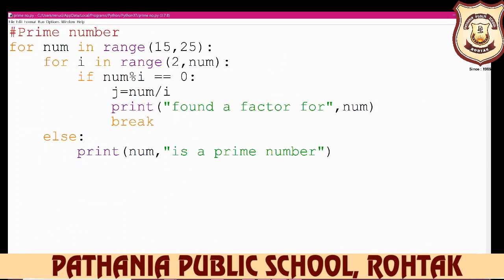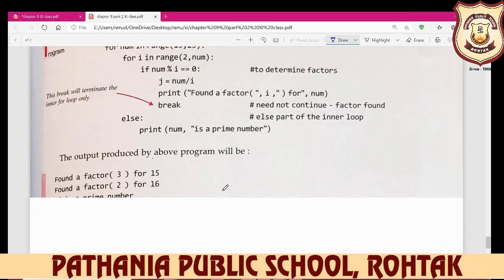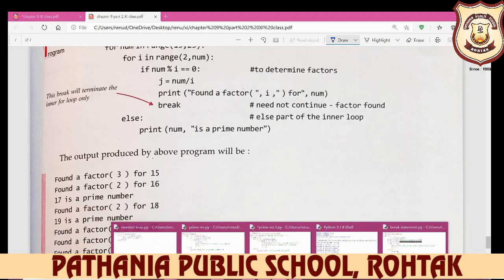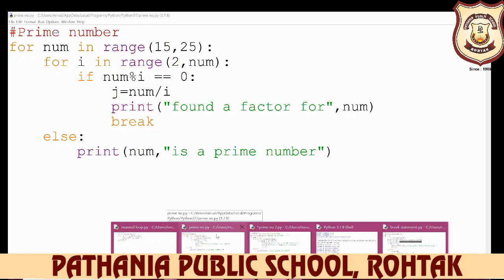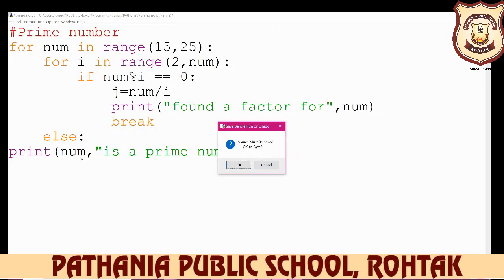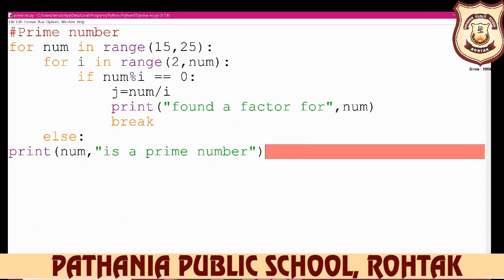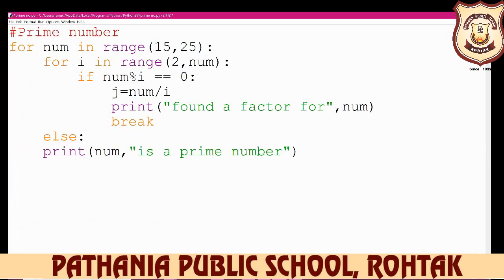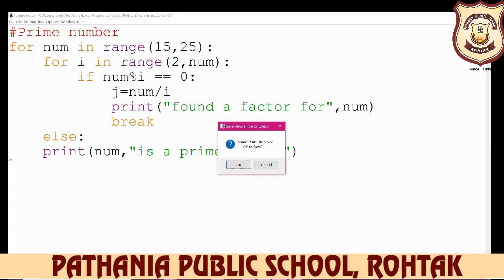Okay, so the upper limit is 25, so u minus 1 is 24. So again, move on in your book. You see here one more difference: when you write the same program again, and we decide this p starts from here, then run this. We change the indentation of this. So see, an indentation error will be displayed on your screen. But if you decide one tab here, then again run this program.